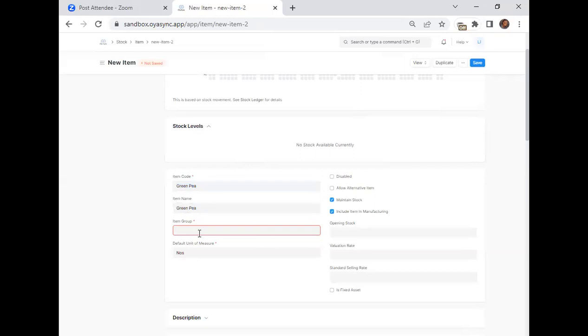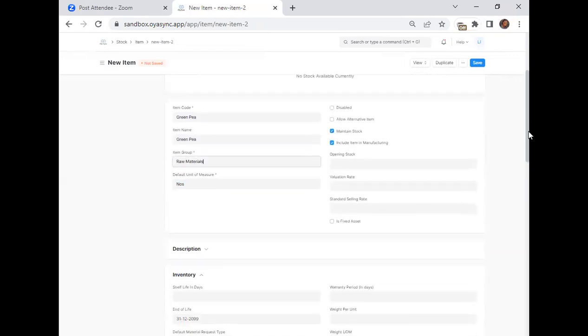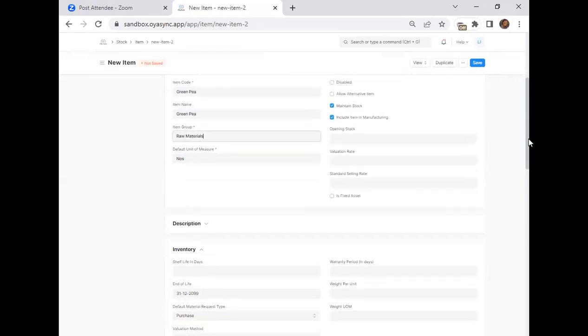Our item group remains. For the sake of people that were not in our class the last time, we're making this item raw material because these are items we use in making productions. The raw material is not standard. Whenever you're creating an item